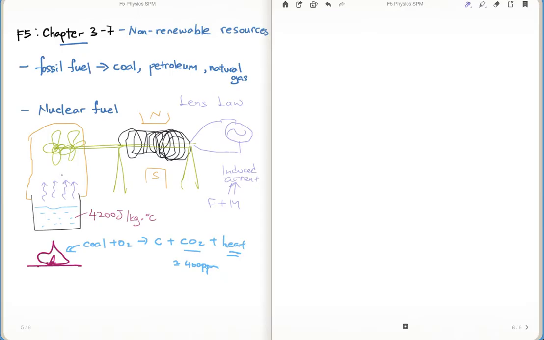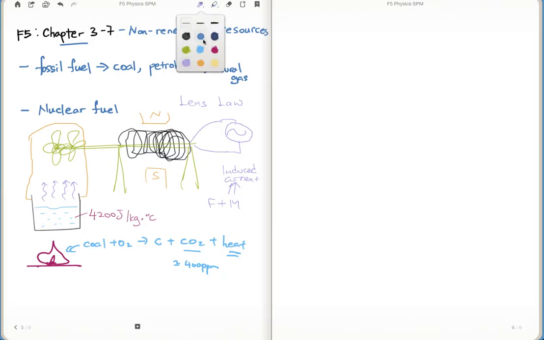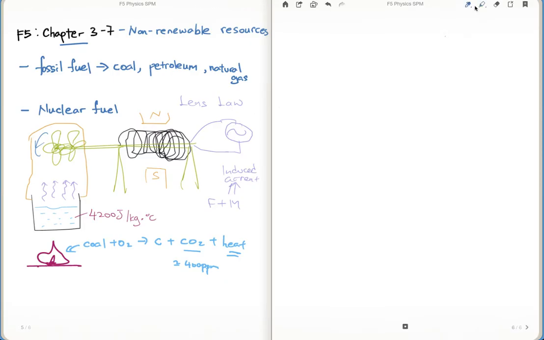You get steam, and this steam turns the turbine, which will rotate in either direction. Then the coil will catch the flux caused by the magnetic field, and therefore current is induced. It depends on the size and shape in order to get the amount of alternating current. So that's basically how you obtain electricity from